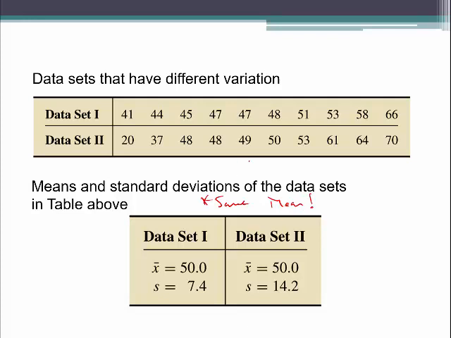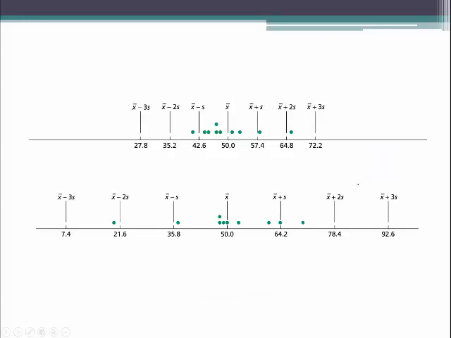Okay, but what we see here is data set 2 is more spread out. If you were to go through and look at the values, they're just more spread out. And you see the standard deviation here is almost twice as much. So just so you can see the data more spread out, if you look at the dot plots here, okay,